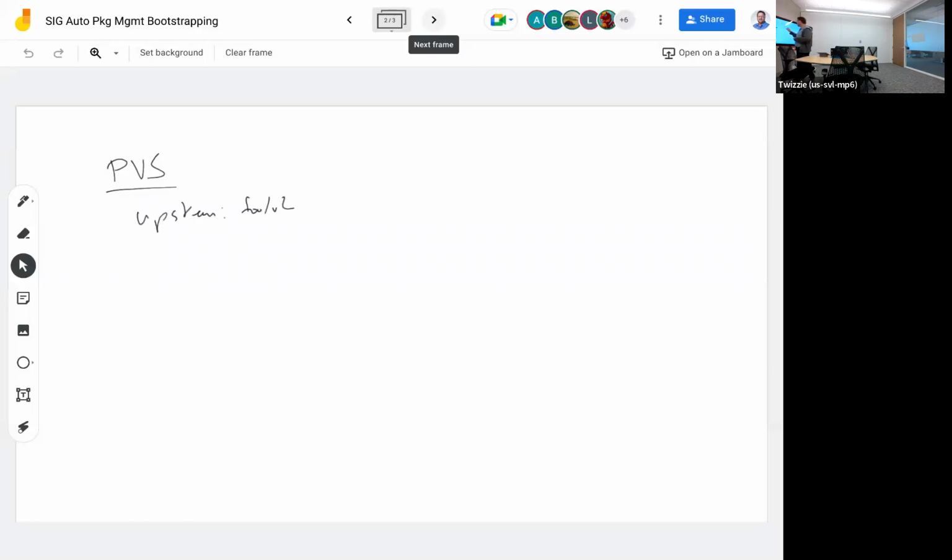I don't know the actual field name, but you have something like targets, and it can be a list of repo package name pairs, or it can be a label selector